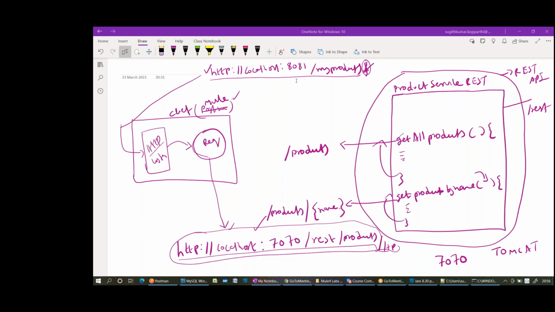First of all, understand the requirement I specified. I'm getting the URL and a value from the query parameter. I want to extract that query parameter value and pass it as a URI parameter to the third party application, because that get product by name is expecting it, mapped to the URI endpoint, right? URI parameter. So how to do it? Can you please show me the screen? Anyone, please.